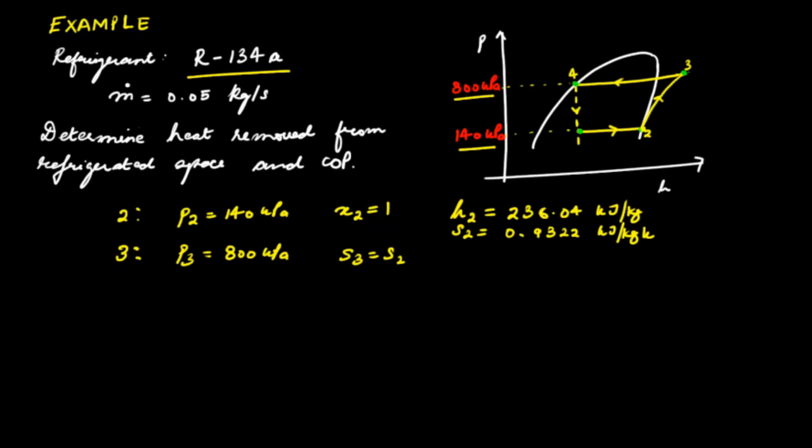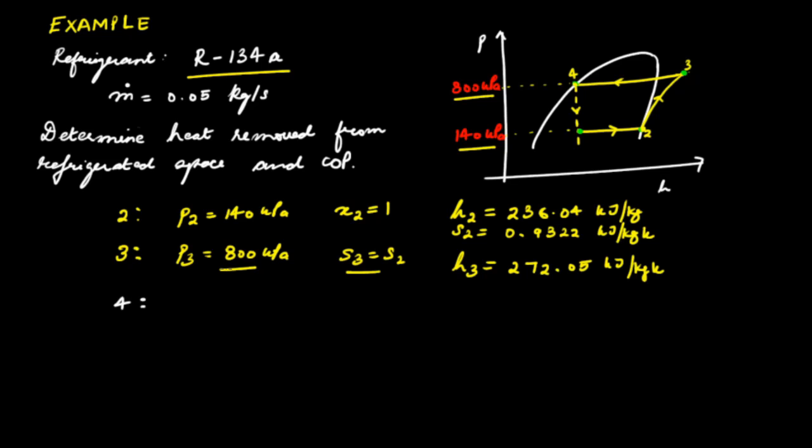Now that we know pressure and specific entropy at state 3, state 3 is now uniquely identified, and from the property tables we can get the enthalpy at state 3 as this. Next, we want to find state 4. So at state 4,